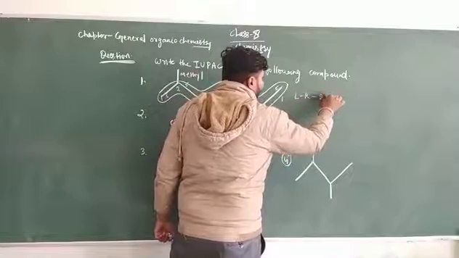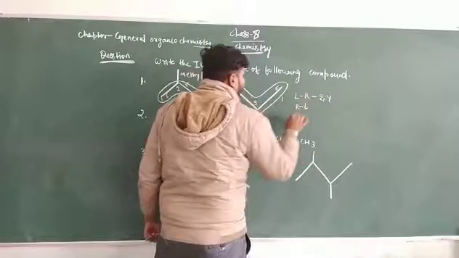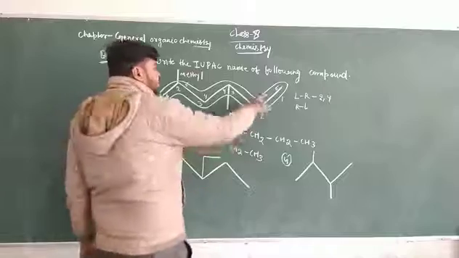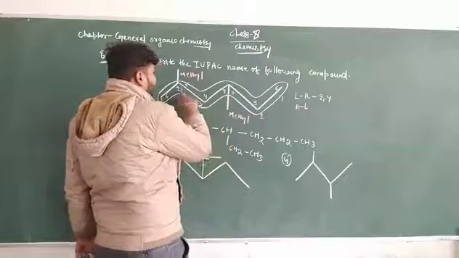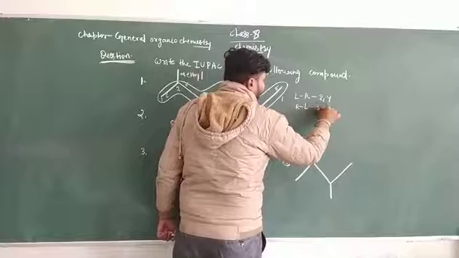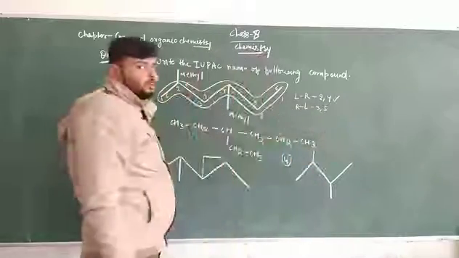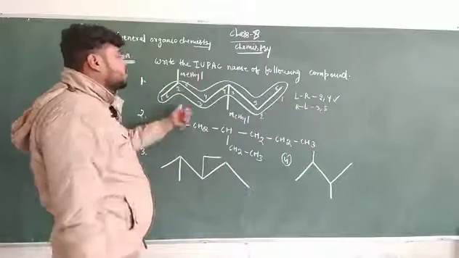From right to left, the positions are 3 and 5. So the lowest locant rule is correctly applied with 2 and 4. That means the naming of this compound is